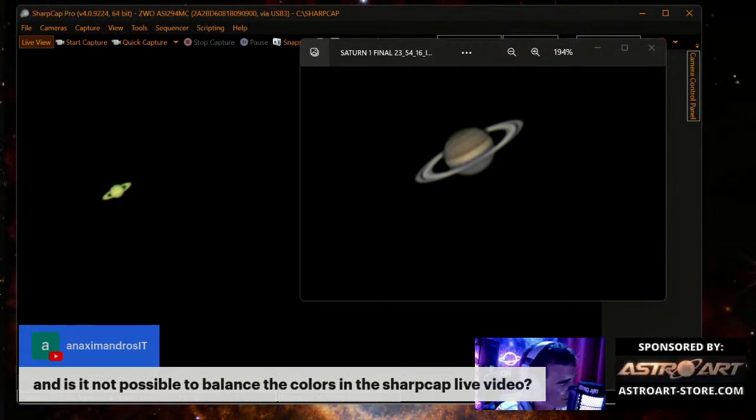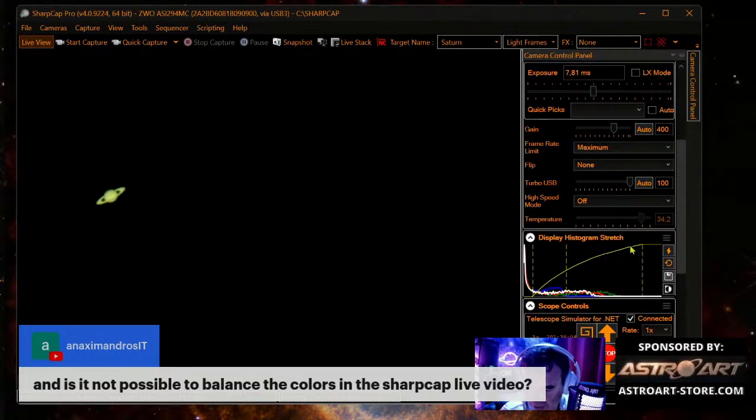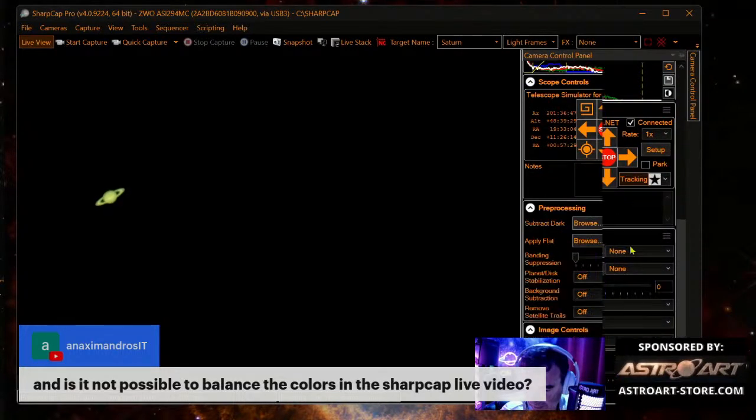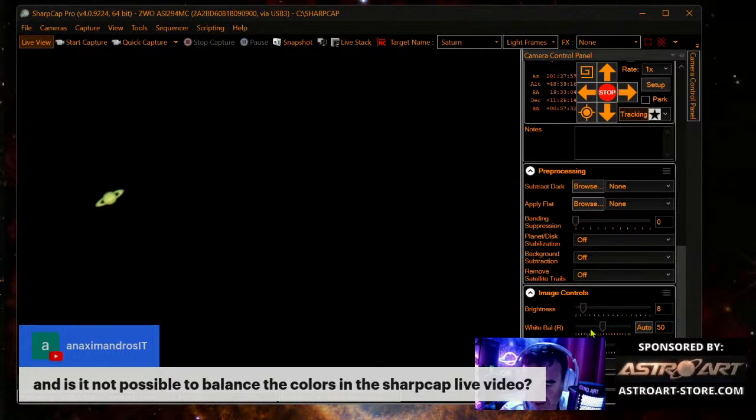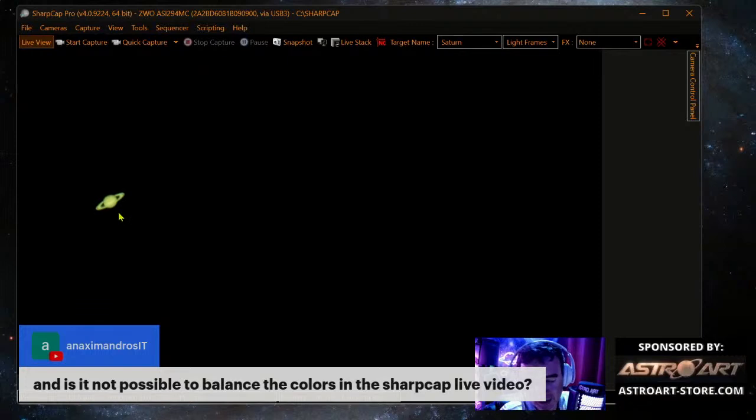Is it not possible to balance the colors in a SharpCap live video? Technically, you can adjust the white balance here, but it will not help in the processing.